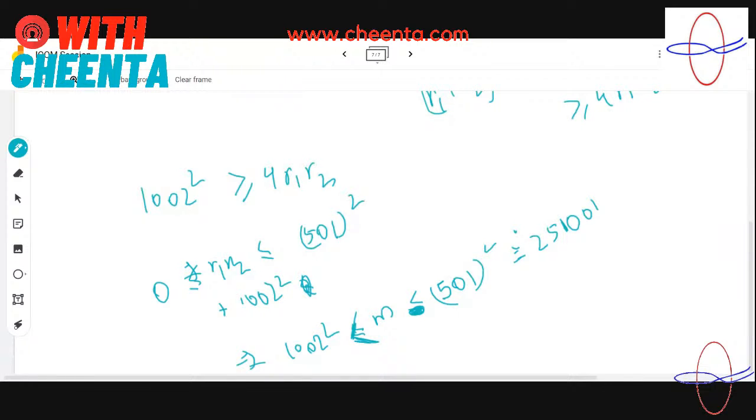Yes, the upper bound should be that. Perfect. But here we are interested in finding the number of such cases,